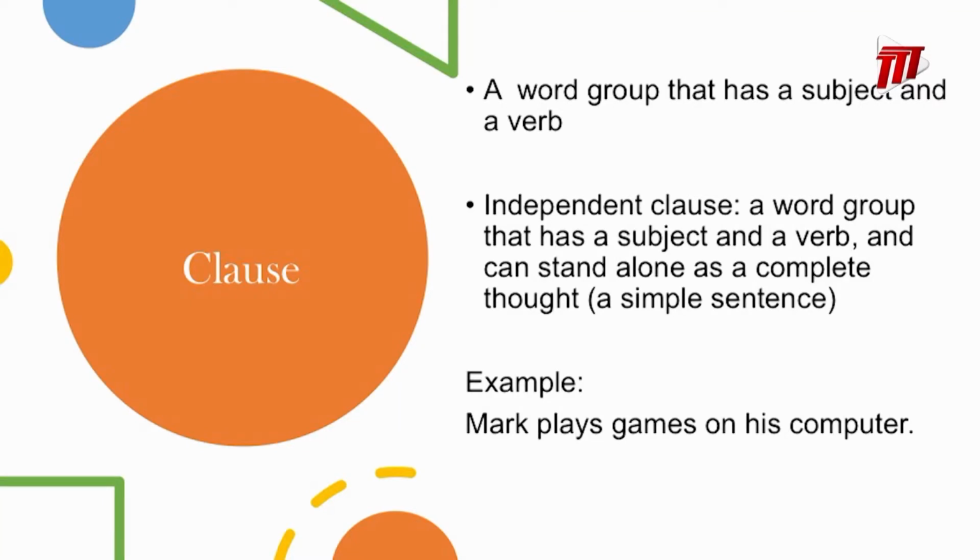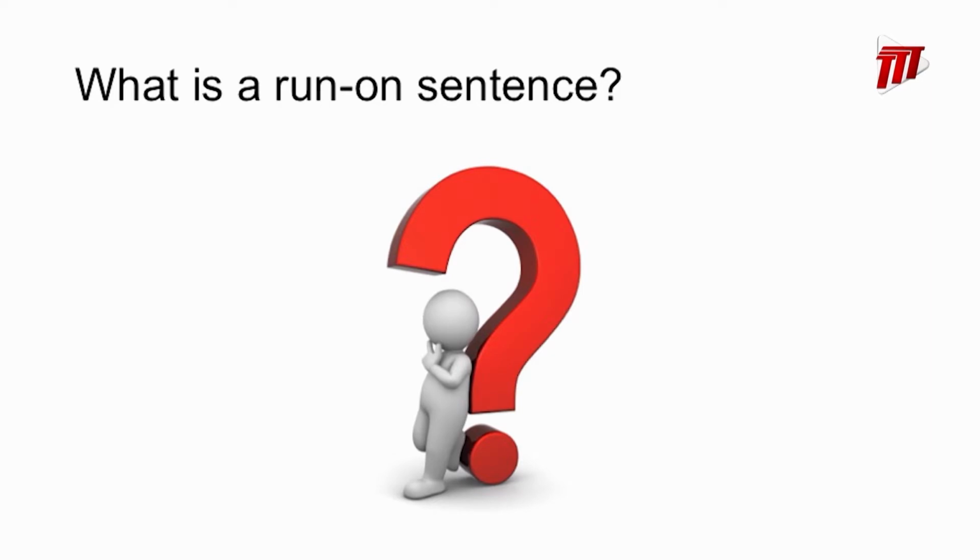Mark plays games on his computer. Very simple. We have our subject, Mark. What is he doing? He's playing. And what's our predicate? He's playing games on his computer. So now we've gone through what a sentence is and what a clause is,